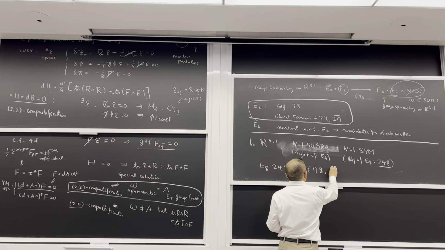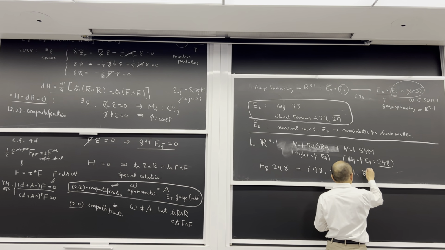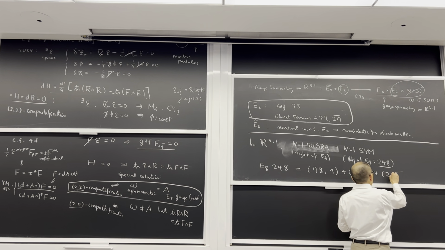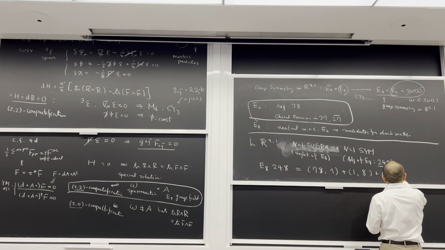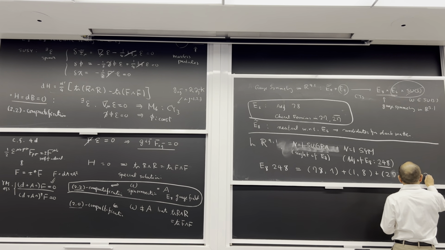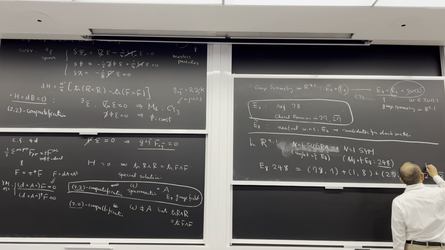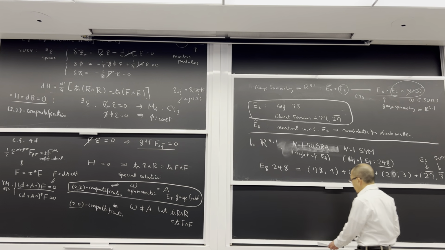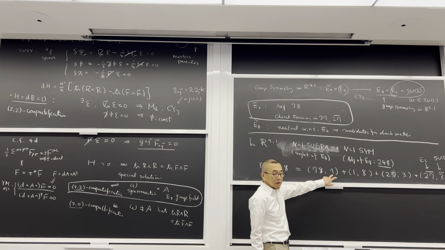So (78,1) plus (1,8) plus (27,3) plus (27 bar, 3 bar). So this is the decomposition where the first one corresponds to representation of E6 and this one is a representation of SU3. So the way you read it is that the first item is the singlet under SU3, but is